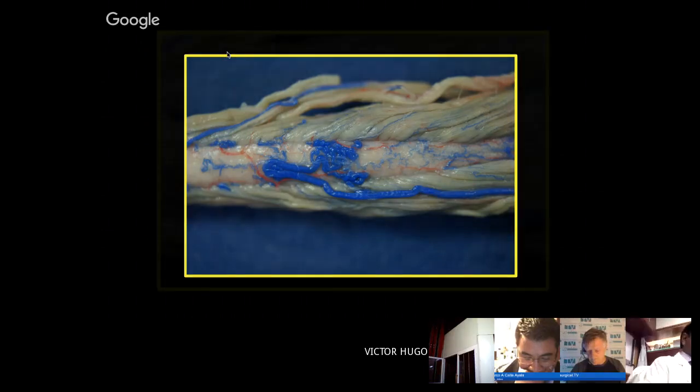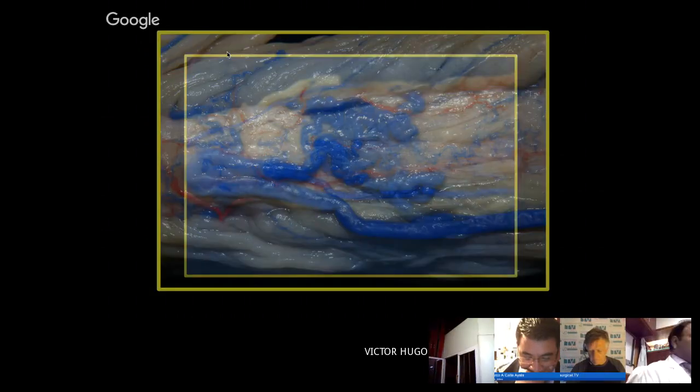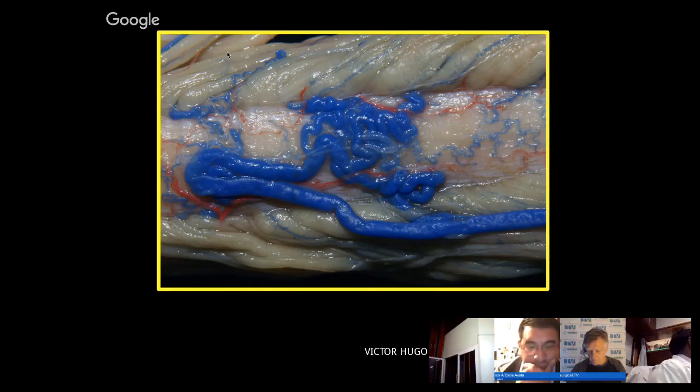It's very, very interesting. So this is the last picture. I'd like to ask if you have some questions about this. What I do to inject these spinal human cords is to get a fresh spinal cord and to inject with silicone the very, very small vessels to get this kind of injection. This is the last picture, John Bennett.